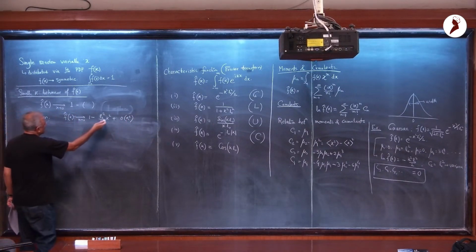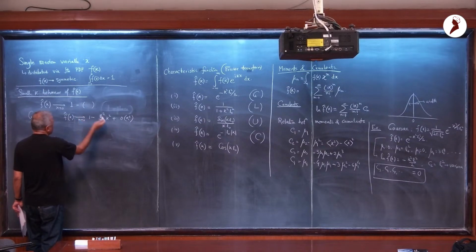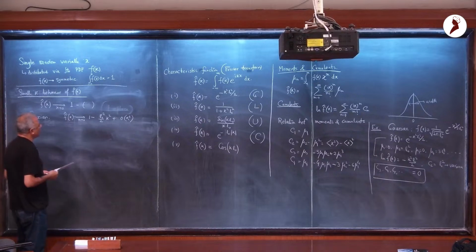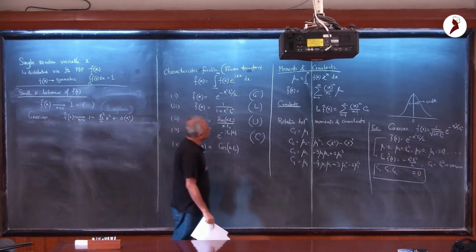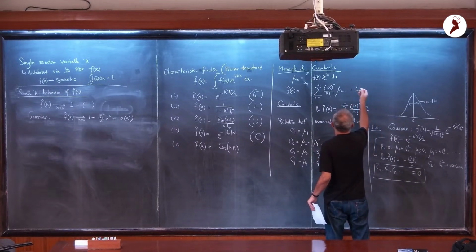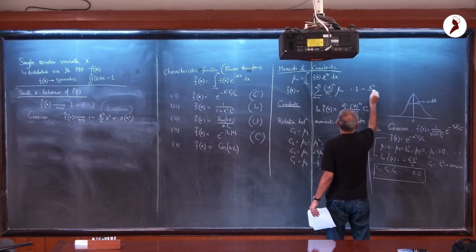Okay, so here for the Gaussian distribution, the second term starts with the power k square. Okay? So in fact, from this expansion here, you see that mu 0 is 1 by definition, and if it is symmetric, then mu 1 vanishes. So in general,